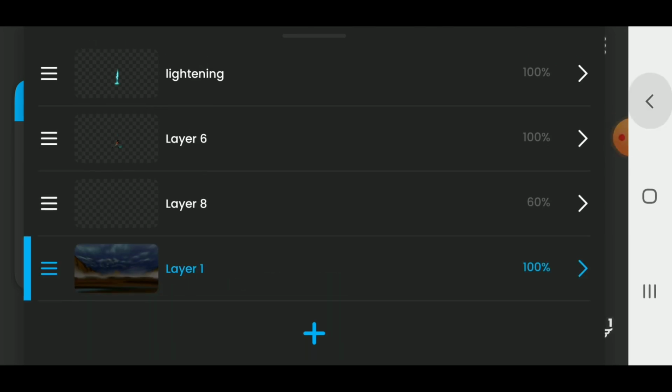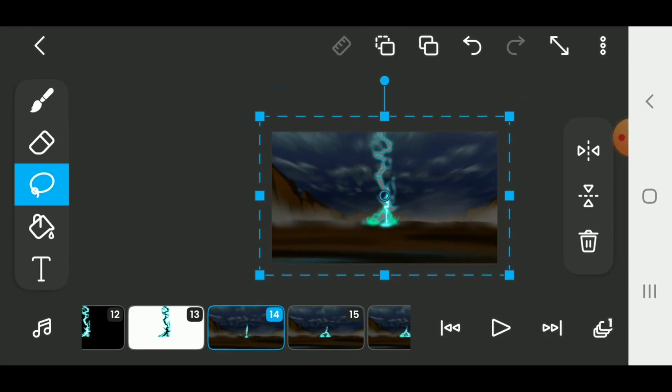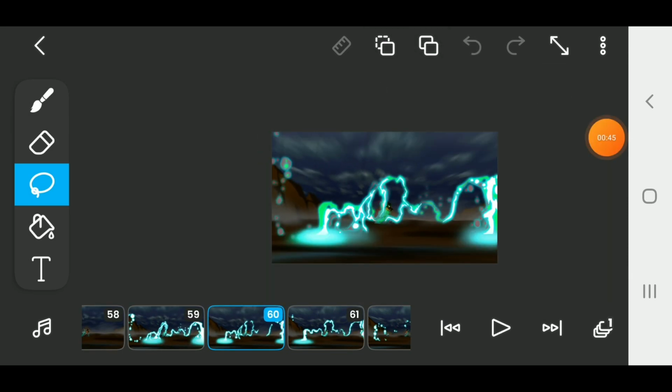Then for the finale, we're just going to make the background shake a little as to tremble on the lightning and stuff. I hope this video was educative enough